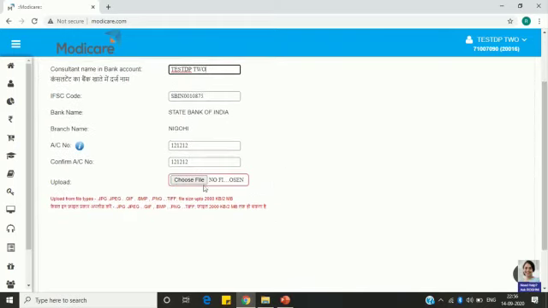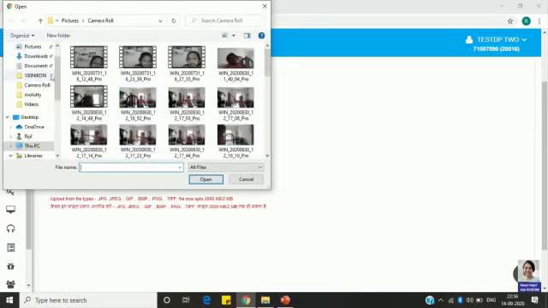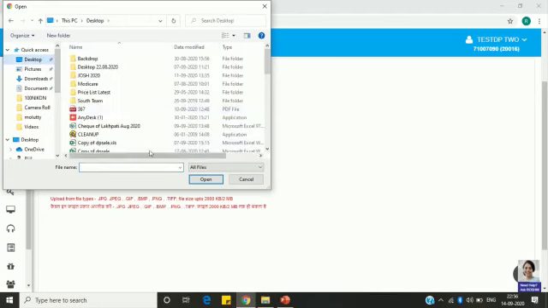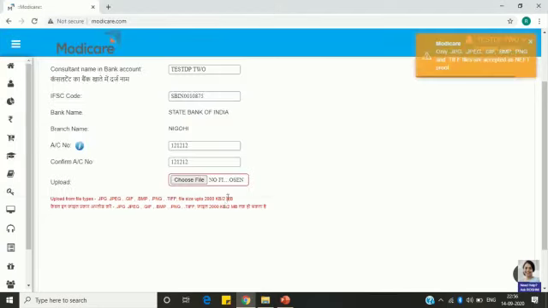Please note the size of the file should not go beyond 2 MB, which is written here. And the file format should be in JPG, JPEG, GIF, BMP or PNG, or even TIFF file can be uploaded. So choose the file, select the file and upload it.